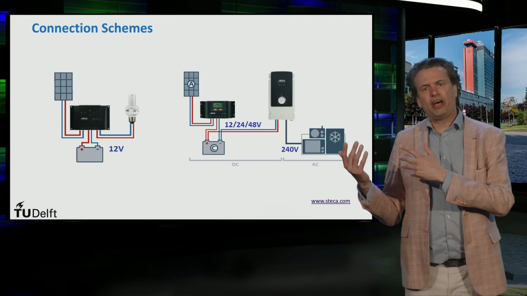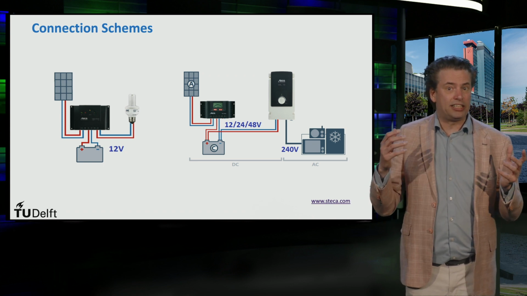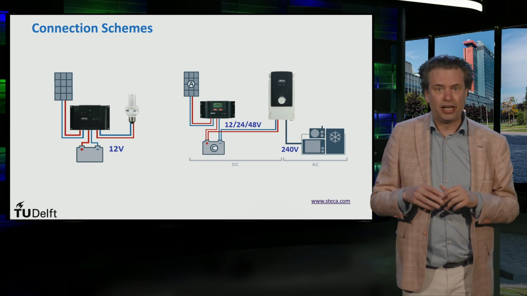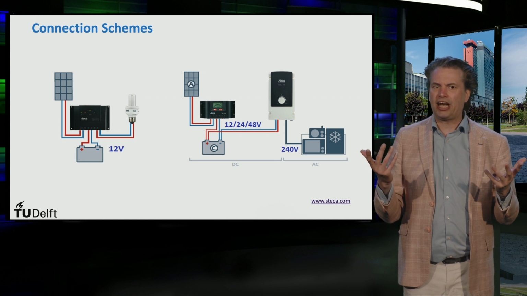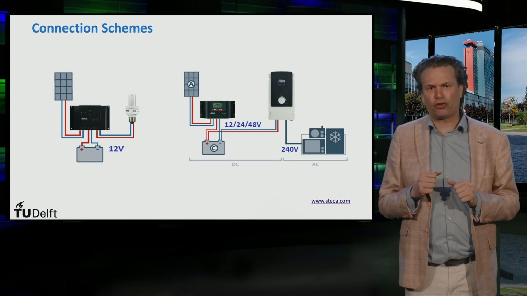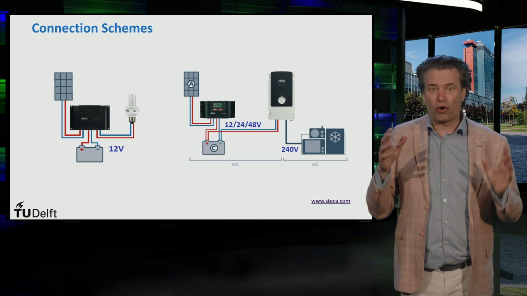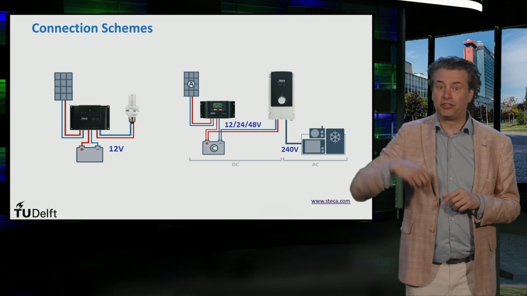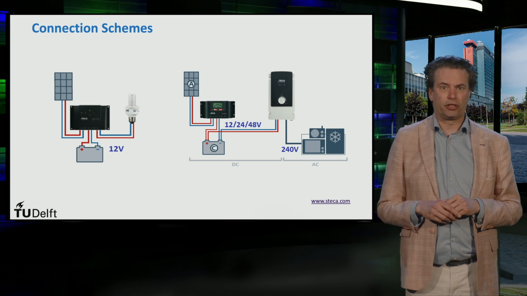On the other hand, when using a slightly larger PV system that also powers big AC loads, the inverter is also connected to the charge controller in addition to the battery setup. Now the loads are connected to the inverter. In such configuration, the system voltages may be 12, 24 or even 48 volts. You may notice that the battery is connected directly to the inverter here, not through the charge controller.